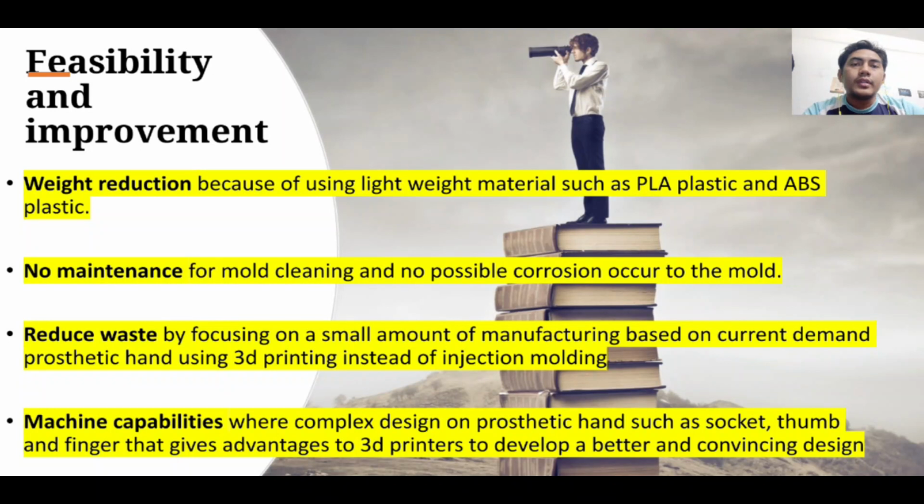Usability improvement with reduction, because we use PLA plastic and ABS plastic, which are lighter than the old design. No maintenance is needed for mold cleaning. We can reduce weight by focusing on a small amount of manufacturing process using 3D printing and machine capabilities, where the complex design of the prosthetic hand, such as the socket, thumb, and fingers, gives 3D printing advantages, better design development